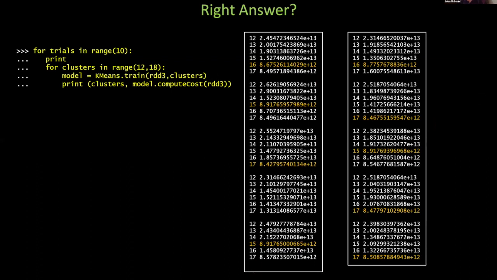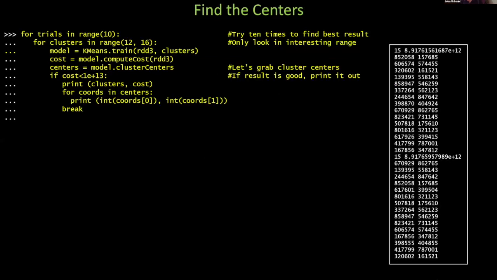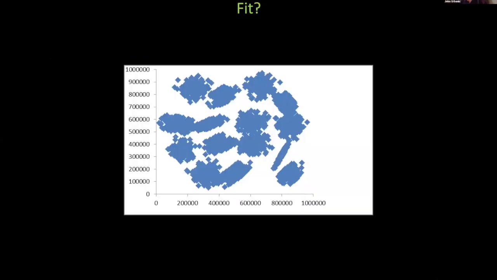But we did enough exploration there that I was pretty confident there was 15. Maybe I could have run it 100 times to make sure it wasn't going to find 14 clusters. I don't think it was going to find 14 clusters out of this particular data set. So that's exactly right. The seed is what gives us some handle on how much certainty there is in this